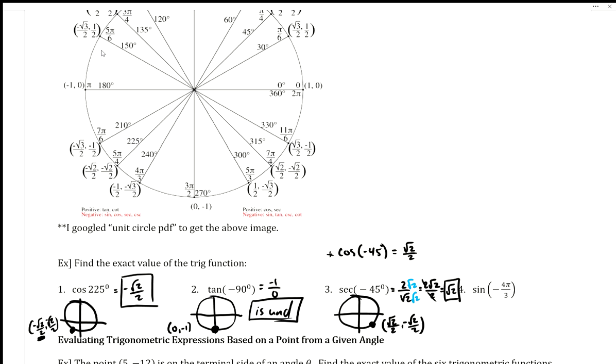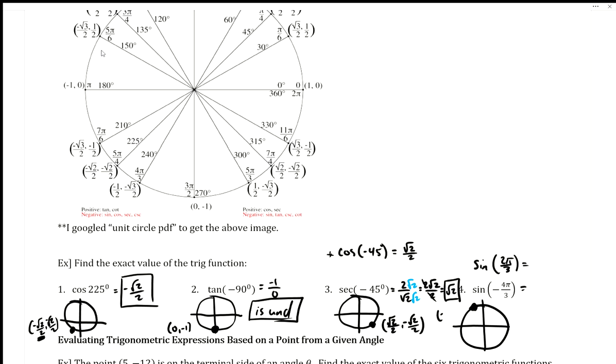Okay, and one other, here's one with radians. Still using that unit circle, negative 4 pi thirds, and there's all sorts of ways we can find where this goes. We could use coterminal angles, like we could add 2 pi to that angle. These two answers would be the same. It's up to you how you want to deal with it. Either way, the negative 4 pi thirds or the positive 2 pi thirds puts us close to the y-axis in quadrant 2. So our terminal point would be negative 1/2